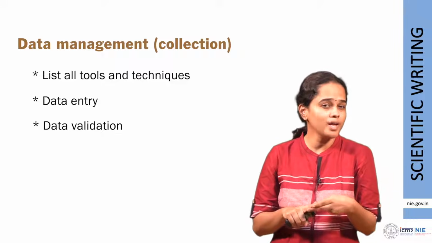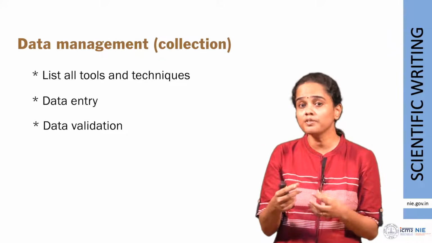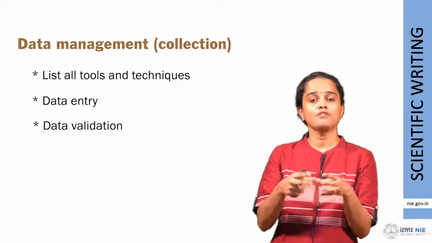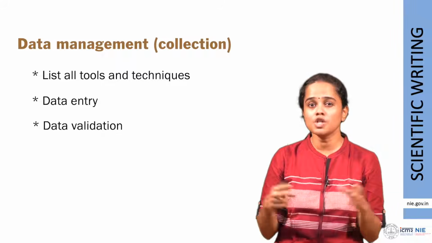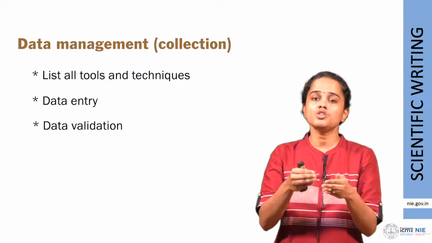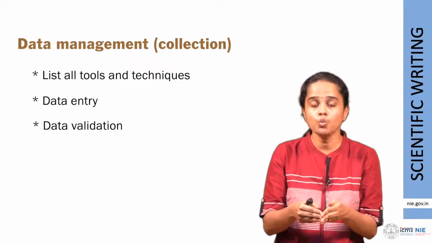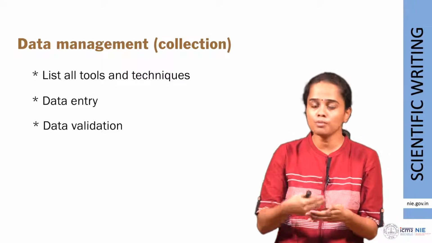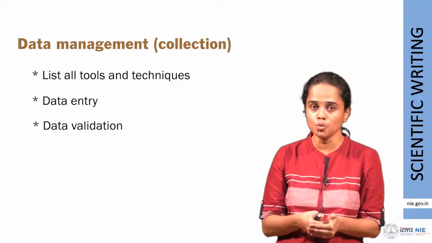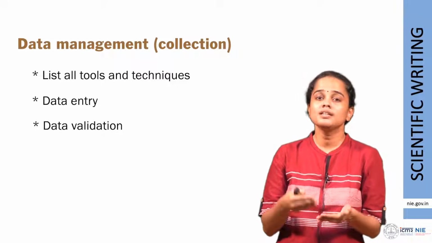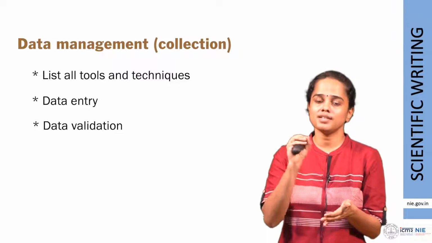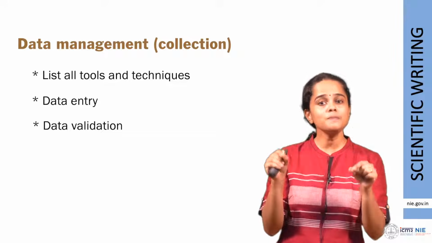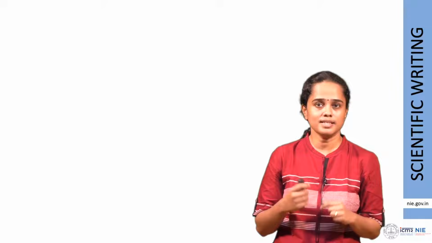Did you have 2 people entering the data, or did you have supervisors who checked a certain proportion of data collected from the study participants, or did you have something in your data collection tool itself which did not allow the entry of erroneous data? For example, some of us use electronic data collection tools, an application perhaps. You could have the app prompt the data entry operator when he or she makes an erroneous entry. So this is the place where you specify all these details.